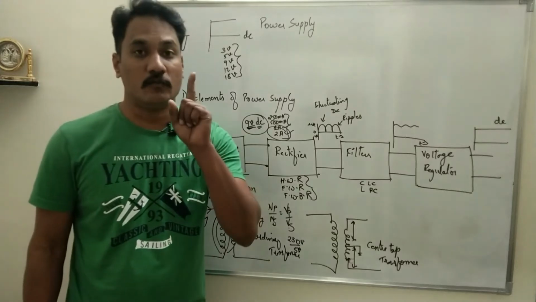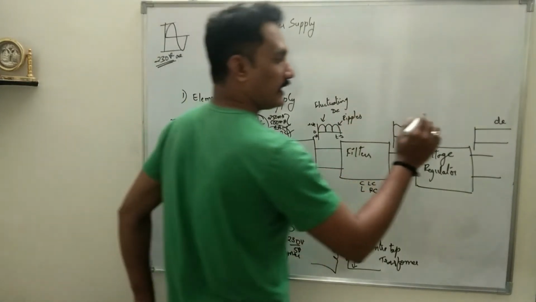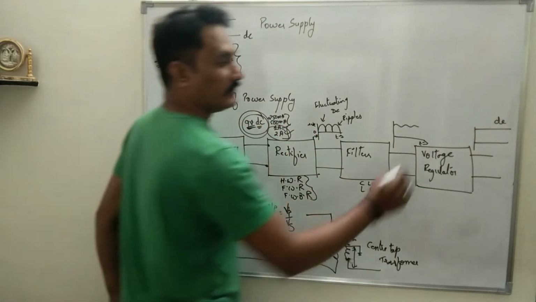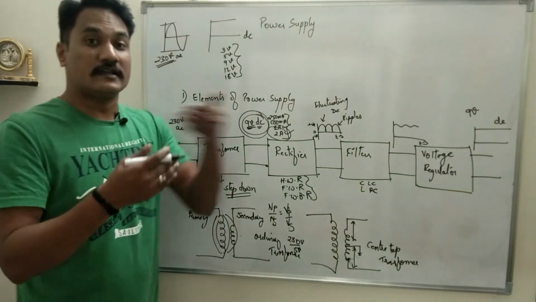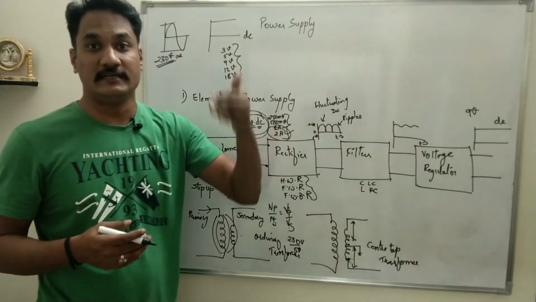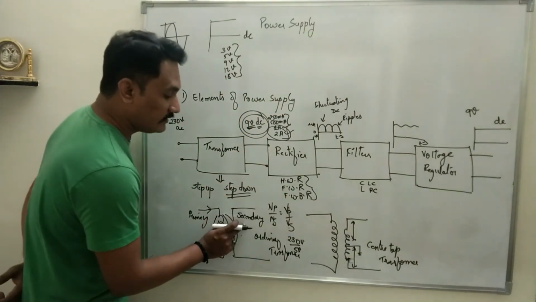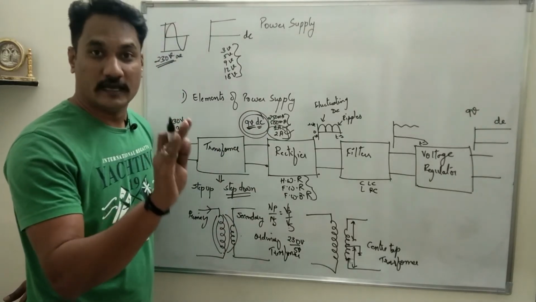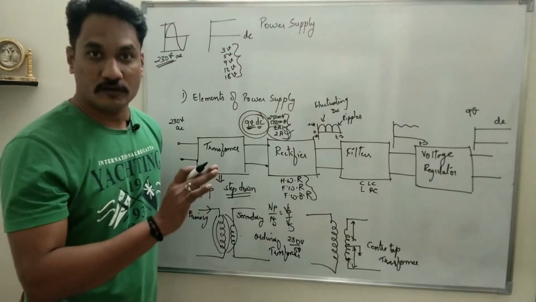There is a very important condition which has to be remembered. For example, suppose we are designing a 9-volt power supply. That means this is the requirement: I want DC 9 volt at the output. If you need DC 9 volt at the output, the secondary voltage should be 3 volt more than the required value at the output. Understood?